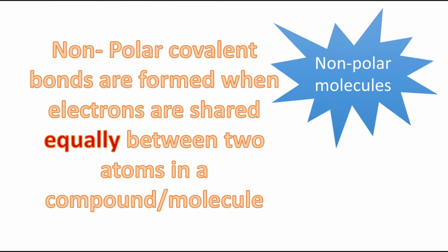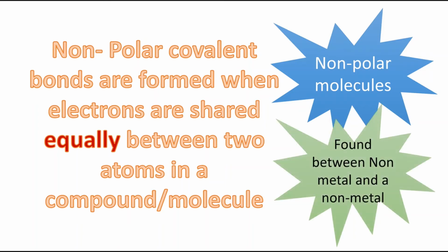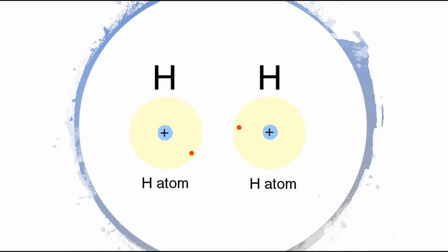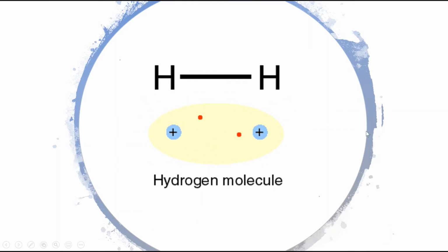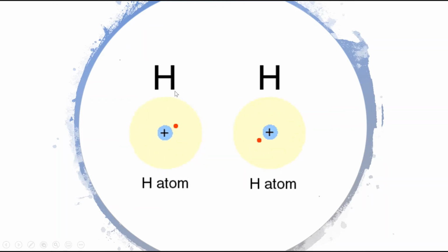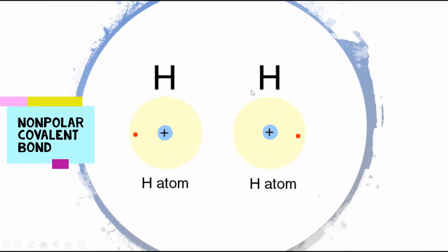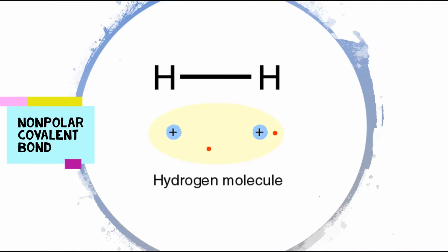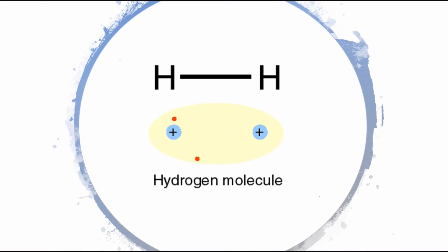The electrons are absolutely equally shared. And it is the same as before, the polar covalent bond, formed between a non-metal and a non-metal. Just to remind, if the bond is between a non-metal and a metal, it is an ionic bond. So this is just an example. You can see the hydrogen molecule, both are non-metals, hydrogen and hydrogen. These atoms have no charge difference because both have the same electronegativity, right? And hence the bond formed is called a non-polar covalent bond. So the electrons are shared and both are happy.